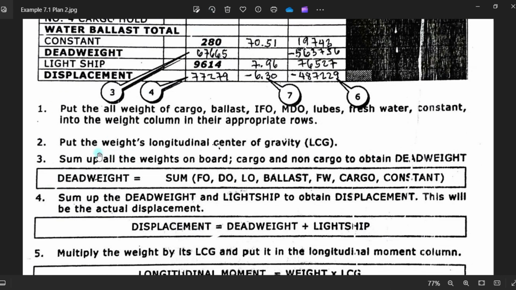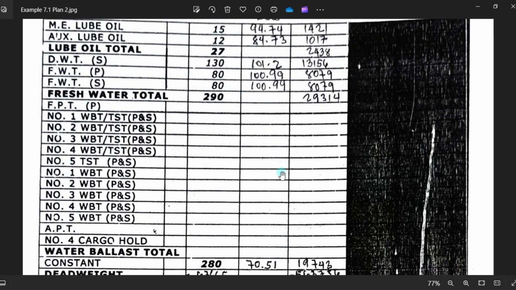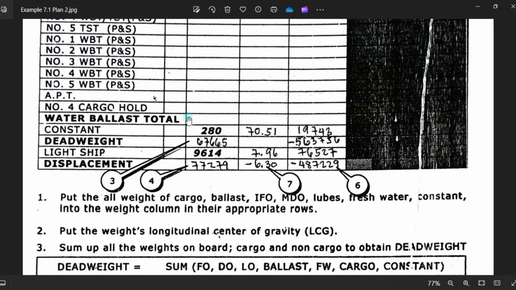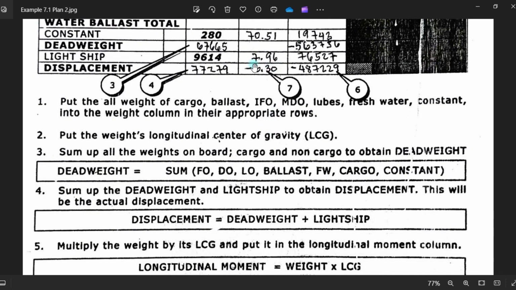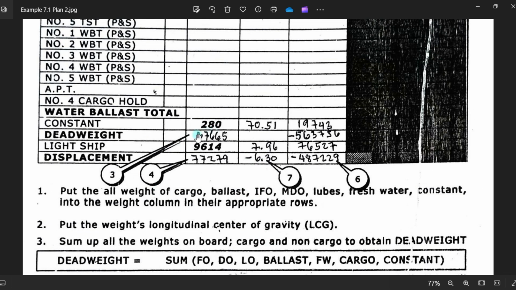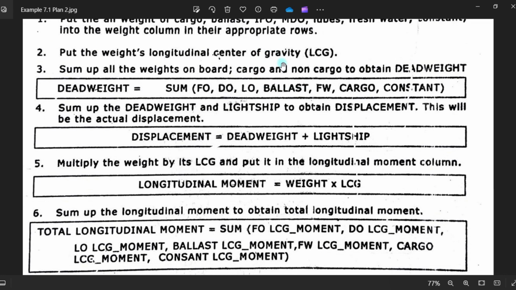and put the weights' longitudinal center of gravity (LCG). So with the corresponding weights, you put the LCG here as shown in this figure, and here the LCG. Okay, until you get the final LCG. And displacement is dead weight plus light ship. So this is your dead weight plus your light ship. This will be your total displacement of 77279. Okay,